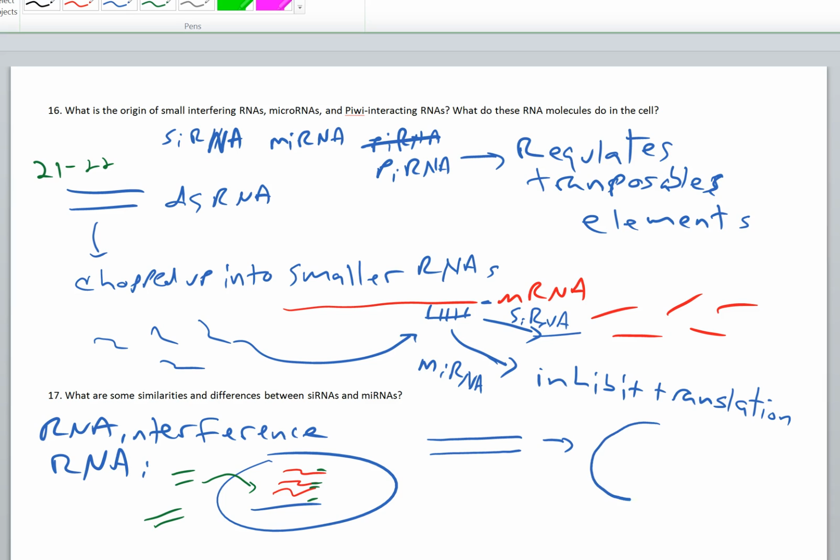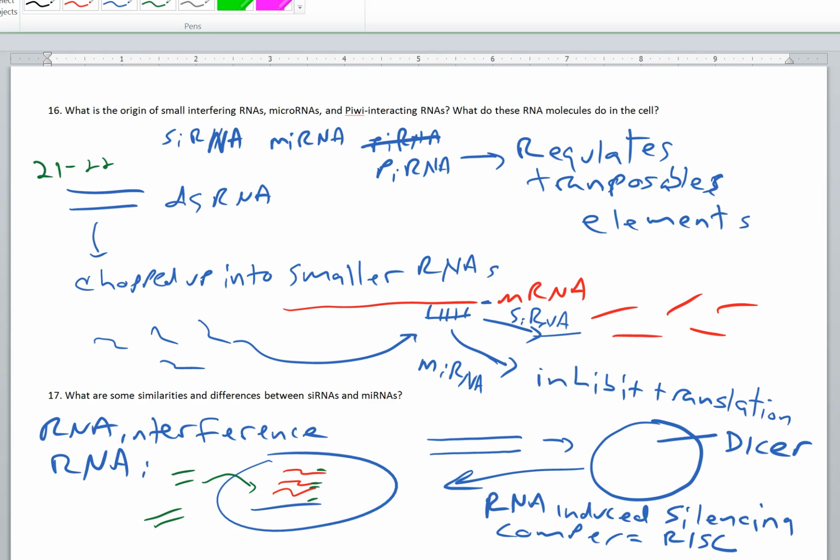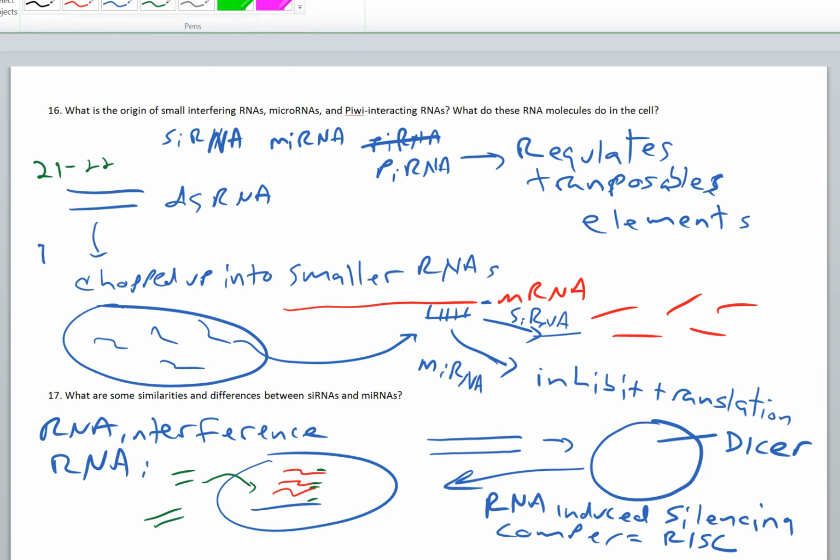So it goes through a big complex called the RNA induced silencing complex, or RISC, and one of the proteins in there is called dicer, and what dicer does is it chops up the RNAs into these smaller bits. So these guys. So dicer does this,